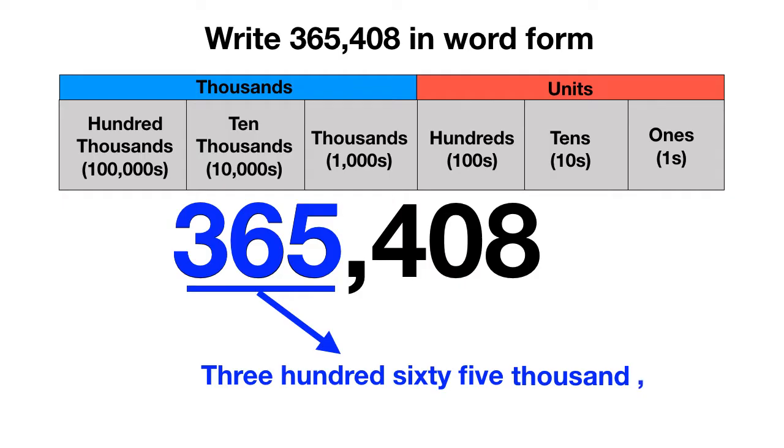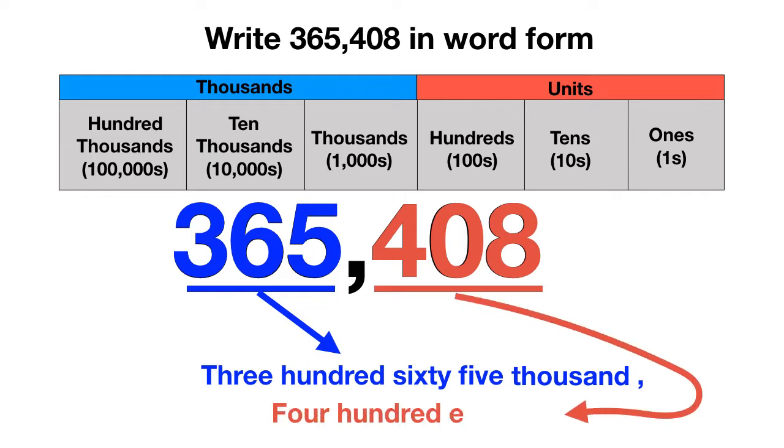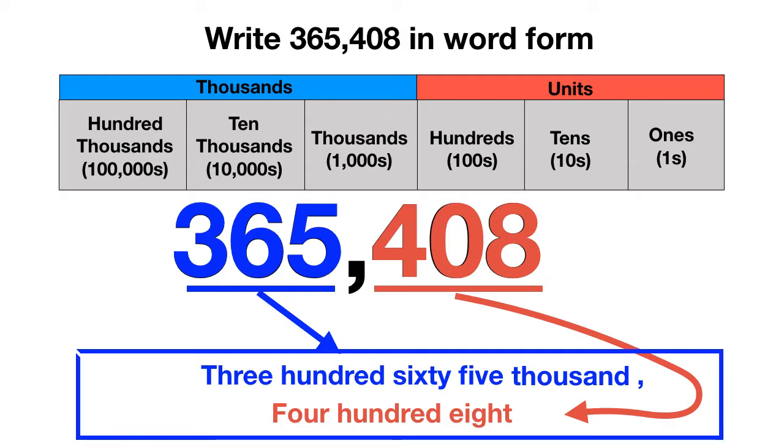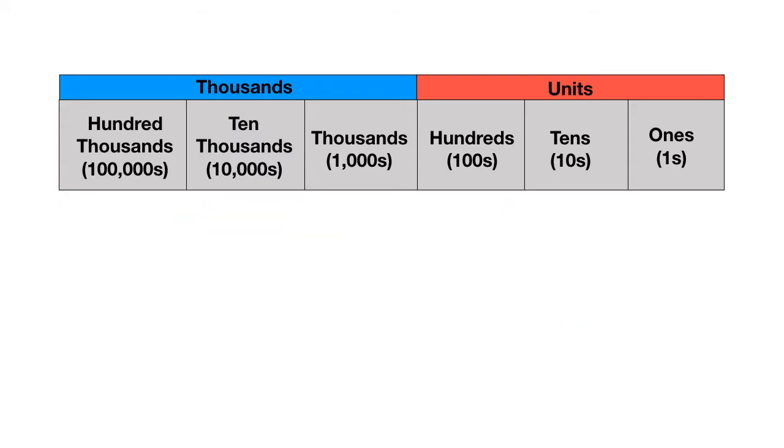Then we have to write our other digits, 400s, 0 tens, 8 ones. We can write this as 408, and then the units family doesn't get a title. So our answer is 365,408. Now here's your last problem. Write the number